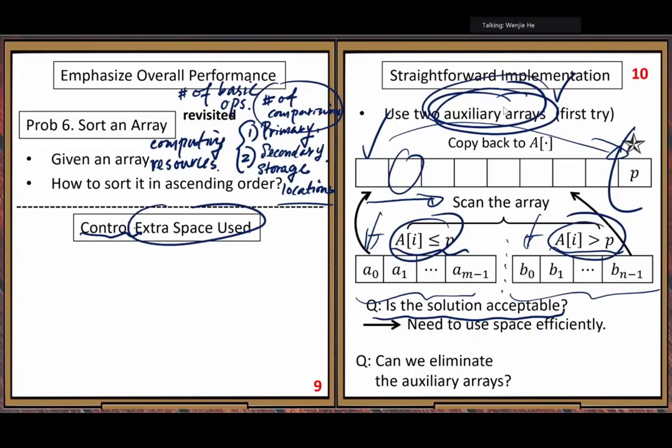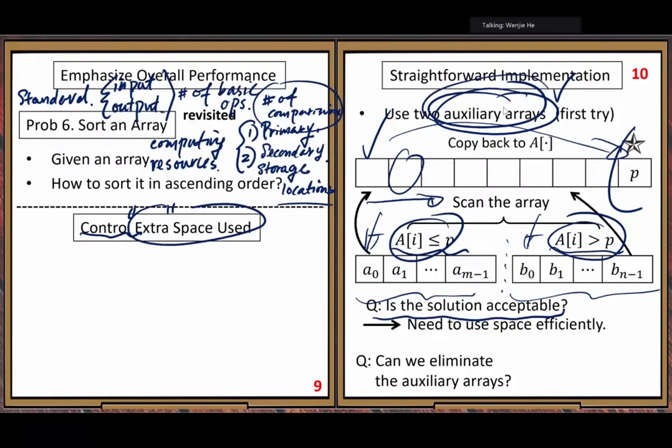So what do you mean by extra here? With respect to what do you mean extra? So we have the standard part and the extra part. The standard part, we do not count as extra space. That's the space you need to store input-output data, right?